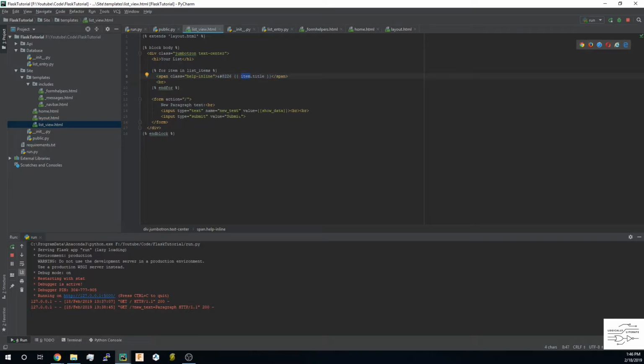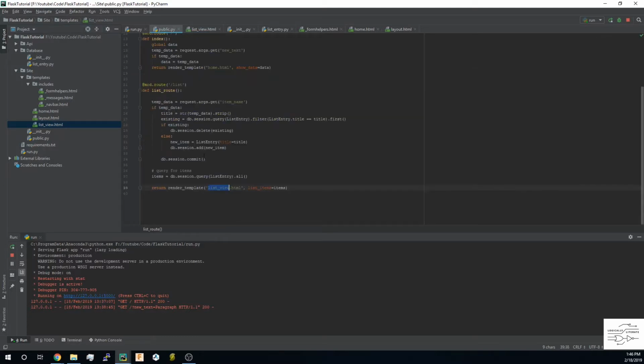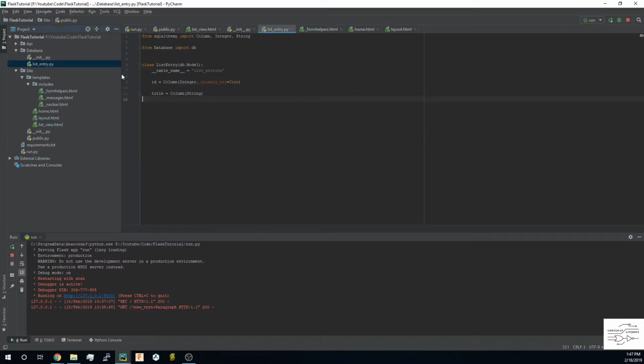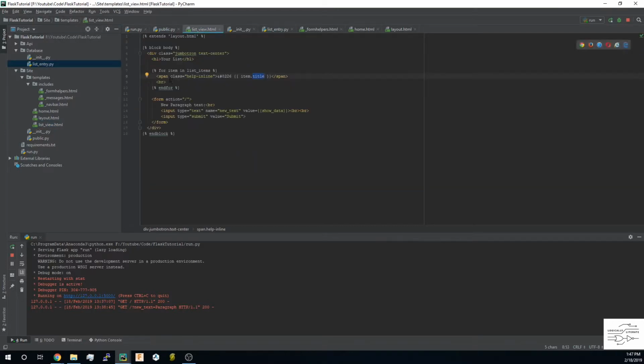So this is the Python object item, or list entry item, and then say .title. So .title will get us into the list entry's title attribute, and then that'll print out, and we'll do a break so we have new lines after each one. And so we'll go over the list and we'll iterate and we'll print out each one. And then if we want to add some new ones, we have our form here, which is our new paragraph form, but we'll actually call it